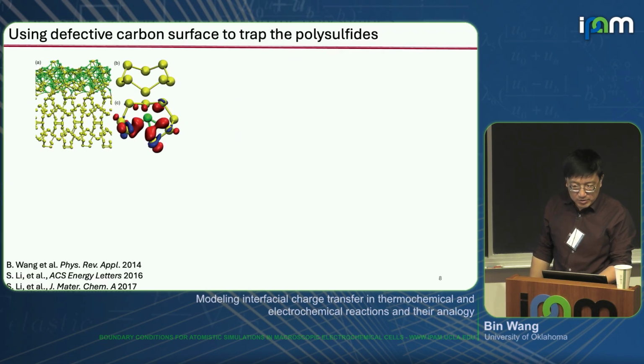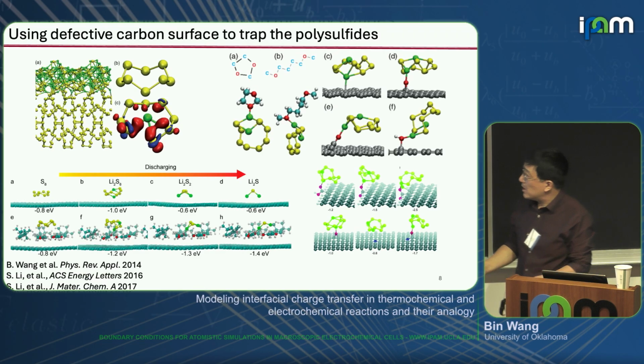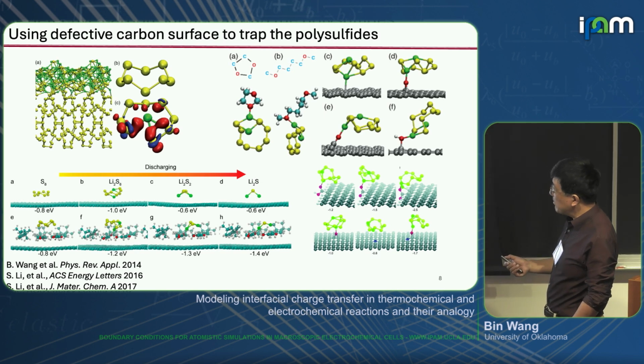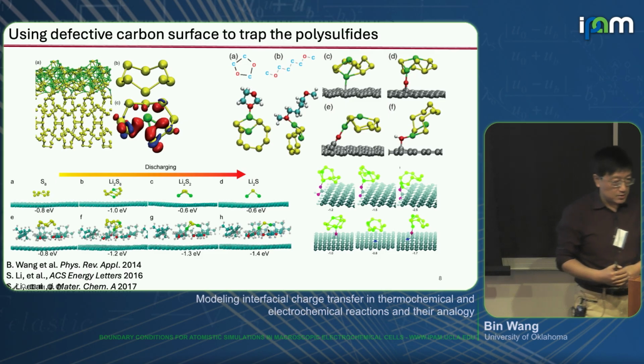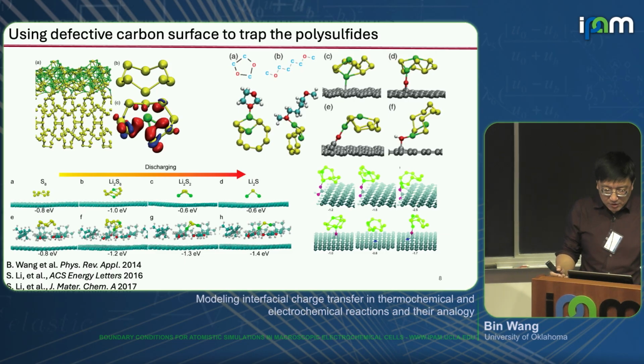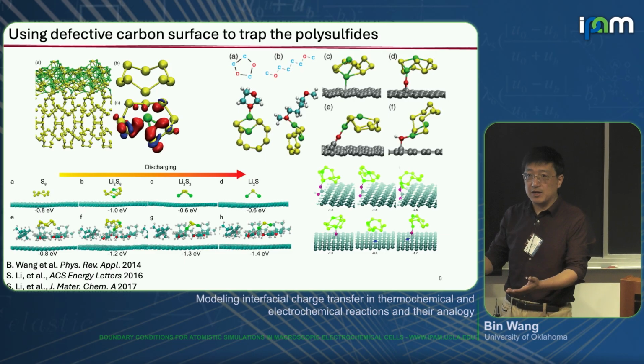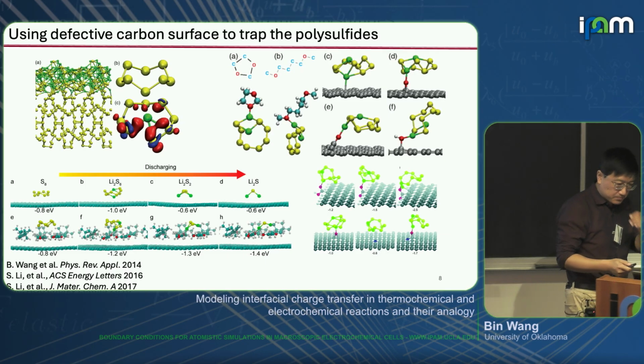To stabilize lithium polysulfide at the interface, I just go very briefly to it. People have proposed to use carbon material like graphene. What really matters is, in fact, the impurities like oxygen and this carboxylic group, or nitrogen, or some oxygen-including molecules, in this case, just the surfactant Triton. They can stabilize the polysulfide, not the graphene itself, because as I mentioned, the lithium polysulfide is very polar, so you need something polar to stabilize it, and in this case, the oxygen impurities.